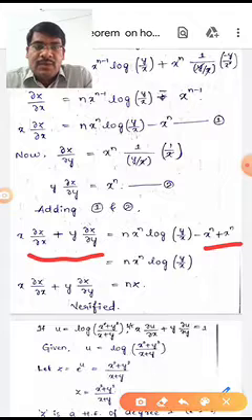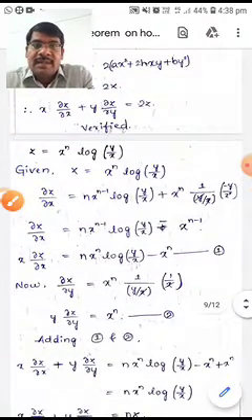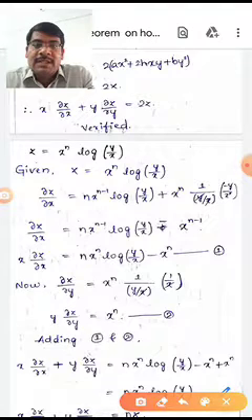Here this is x power n log y by x, which is z. Here x dou z by dou x plus y dou z by dou y is equal to nz. Here Euler's theorem is verified. Directly we have to see that z is equal to x power n log y by x. This is in the form of z is equal to x power n f of x comma y. Here n is the degree of the homogeneous function. By Euler's theorem, x into dou z by dou x plus y into dou z by dou y is equal to nz.